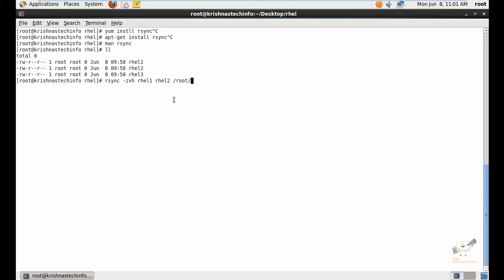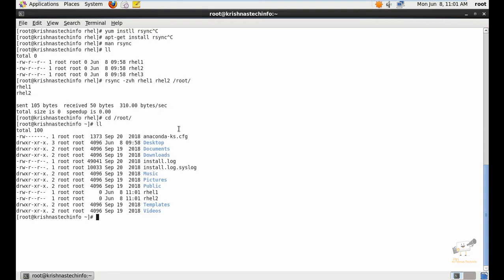I'm going to transfer it to root. Now give enter. Now you can see the message, the 2 files are sent. Now we can check in the destination directory, change directory to root, and here you can see rel1 and rel2 are copied to this directory. In this way you can transfer your files within the local machine using this command.